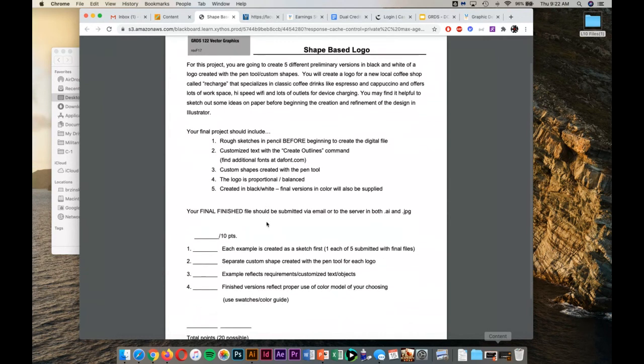Now, for each example, you should have a sketch or a rough idea. I'll leave that up to you guys. I'm not super concerned about this one. It's just really whatever works best in terms of process for you. You should have a set of custom shapes created with a pen tool for each logo. Each example should have customized text, customized objects, and then your finished version has proper use of formats using swatches,